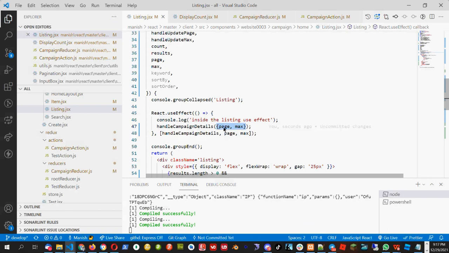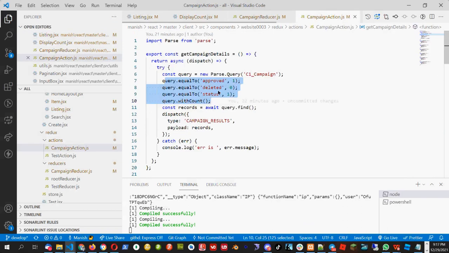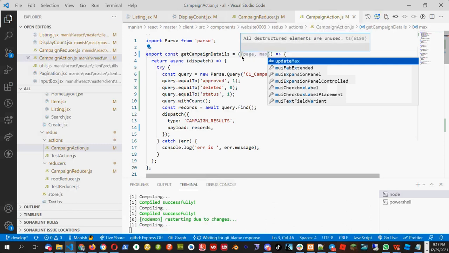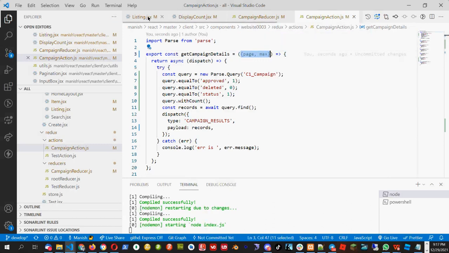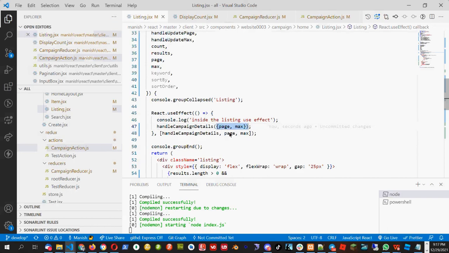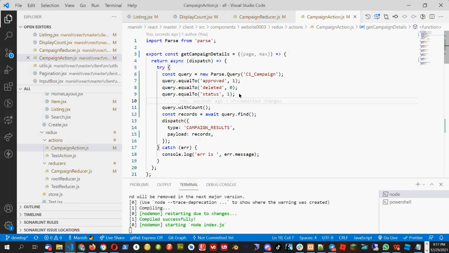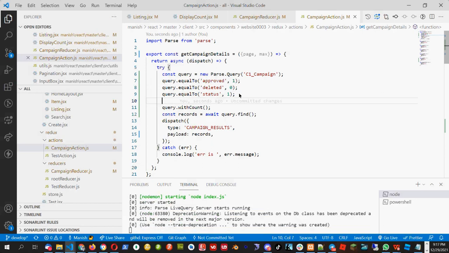But if you create this object, then we don't care about the first parameter or second parameter. We will get this object in the action. So here I will grab page and max, and I have to create this object here also, because while passing, I am passing it as an object. So I put page and max here, and then in the action I'm calling page and max. Now, what should I write in the query to go to the particular page or particular max? There will be 2 lines of code. Can anyone write down the 2 lines of code to take care of the pagination?